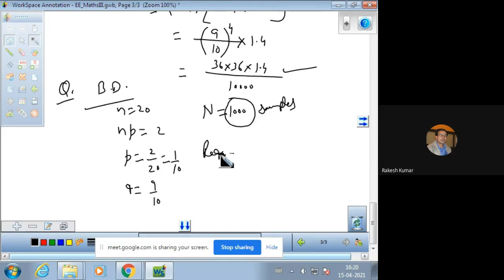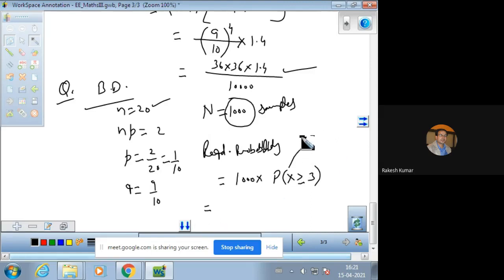So the required probability which we want to find will be out of 1000 का सैंपल है, तो इसलिए 1000 से मल्टीप्लाई करना पड़ेगा. At least 3 will be defective mean 3 या 3 से ज्यादा defective. This is we have to find out. अब 3 defective items out of 20. अब 20 का सैंपल दिया है, तो इसका सीधा सीधा मतलब हुआ कि we have to calculate more probabilities.